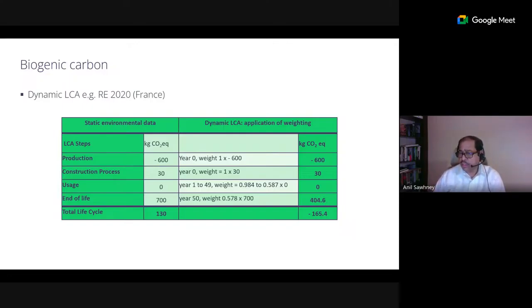In our case, it is zero. We don't give this end of life, unless you add any demolition-related or deconstruction-related emissions. If you assume 100 kilograms of carbon dioxide equivalent in your